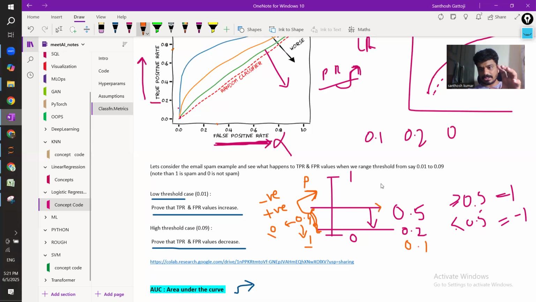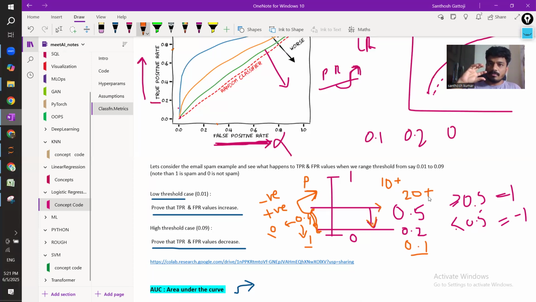For example, if you are saying 10 rows as positive at 0.5, and you decrease this threshold to 0.1, you are saying more rows as positive. That means this 10 might become 20. Of those 20 you are calling positive, some could be actually positive, but some will be wrongly positive. As a whole, when you increase the overall count of predicting positive,